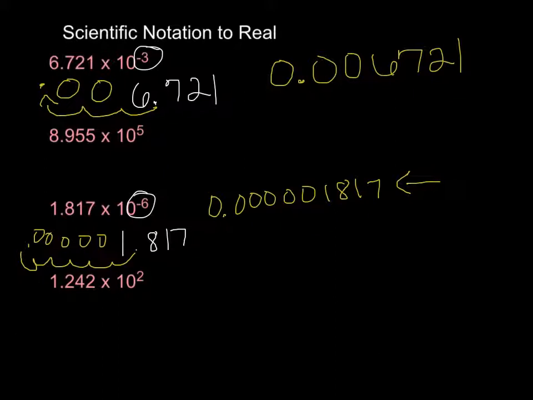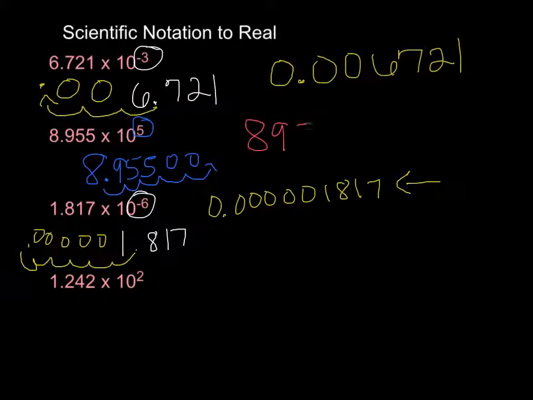Okay, so let's do 8.955 times 10 to the 5th. Is the number going to be less than 1 or more than 1? More than 1. And you know that because the exponent is positive, right? A positive exponent. So 8.955. If we move the decimal 5 spaces, that's going to be 1, 2, 3, 4, 5. You have 2 blank spots, so you can fill those in with zeros. Okay, so when we write this number over neatly,